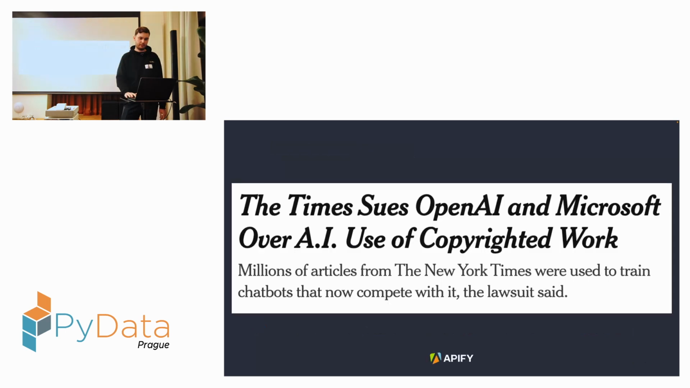And now some controversies. This is about a month old, but the New York Times actually sued OpenAI and Microsoft over the use of copyrighted work, because allegedly lots of articles from the New York Times were used to train the GPT models, and they obviously don't like it. We still don't know the result, but this is going to set the landscape for the data for LLMs in the future, because if they say that the New York Times is right, then most of the data sets are going to have to be removed or changed in